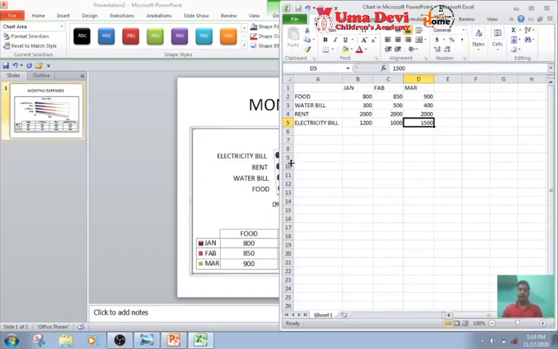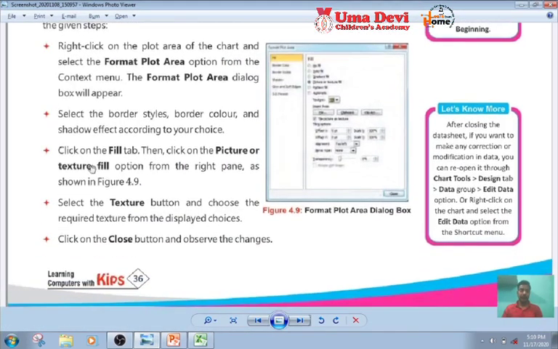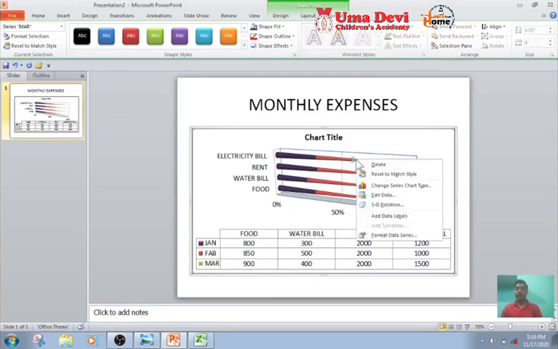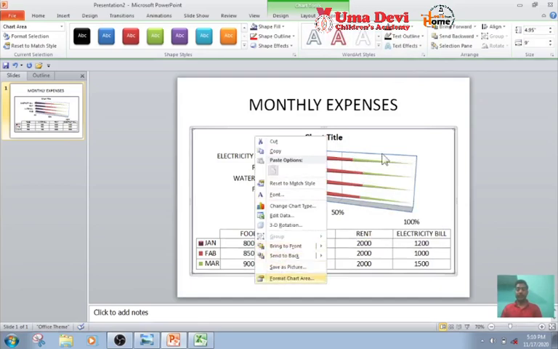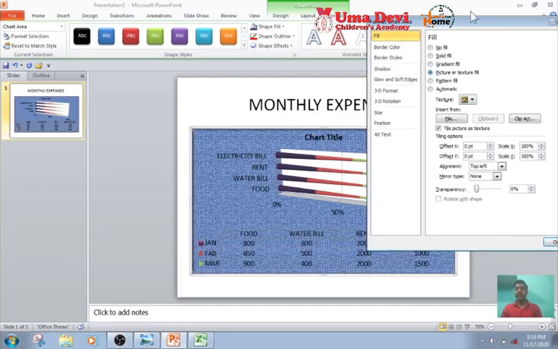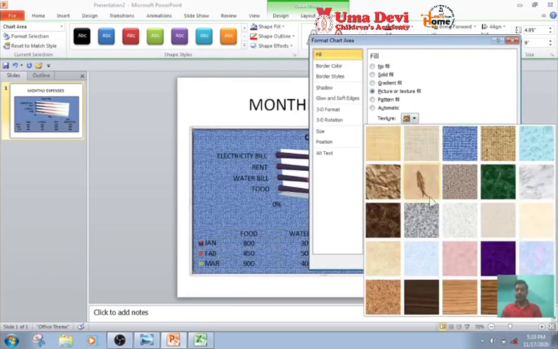Look at here the changes we have seen. Now we will click on the Fill tab, then click on Picture or texture fill, then select the texture. One more thing I am showing you that is very beautiful. Now we can select any of the textures and look at the chart.